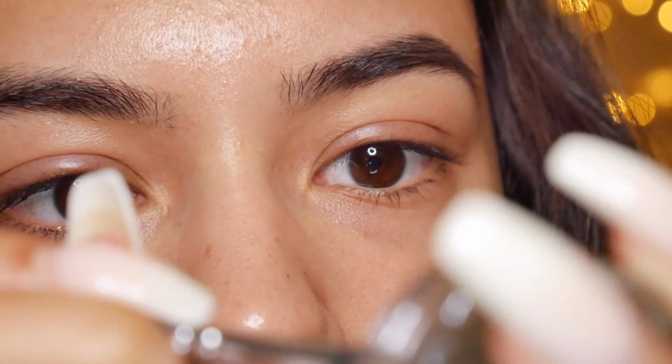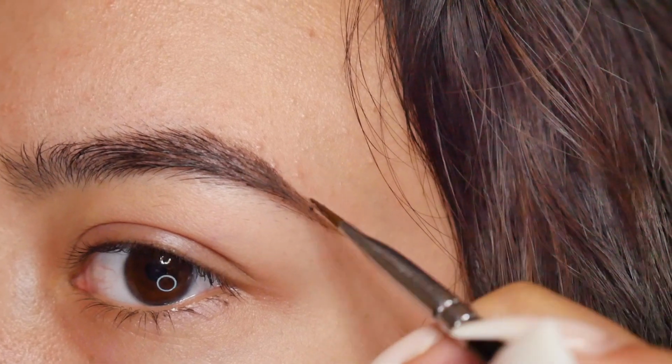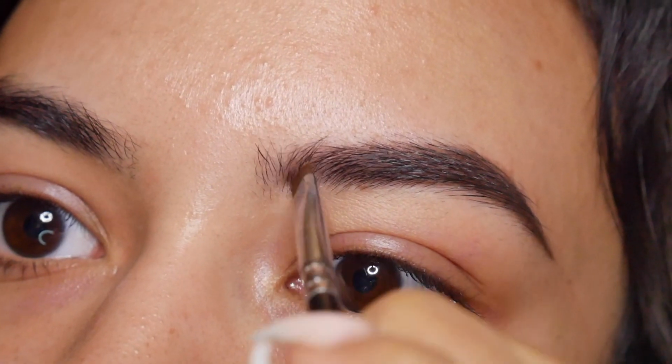Now, pulling your strongest concentration face like I seem to be in this clip for whatever reason, I dip back into the pomade really lightly and start to build up the arch of my brow and the tail of my brow once again. I also use the excess product to go through and start to fill in other areas of